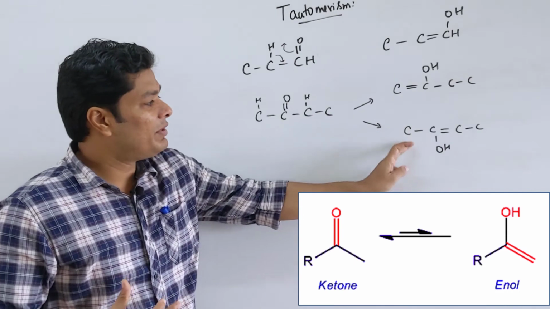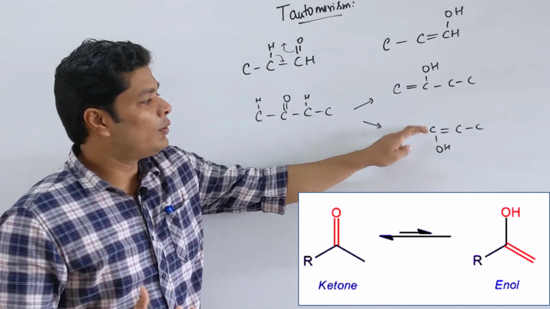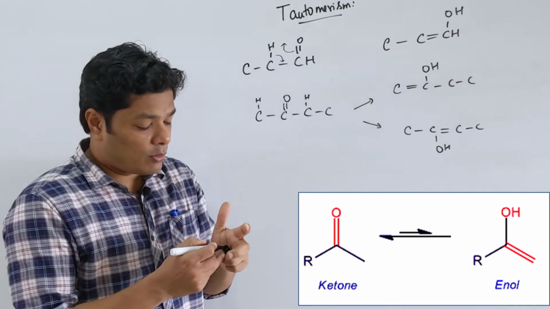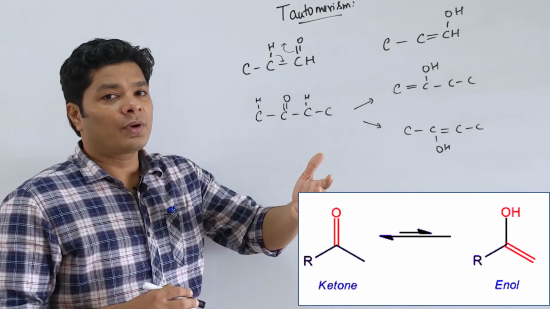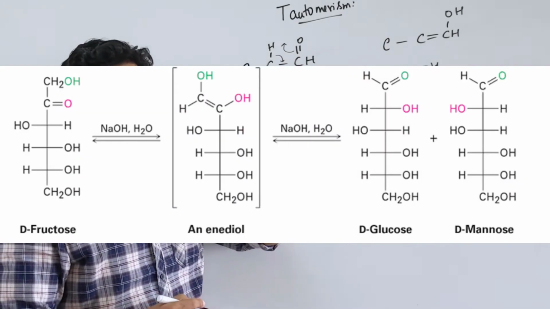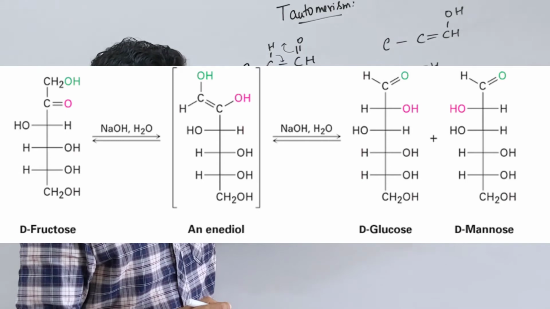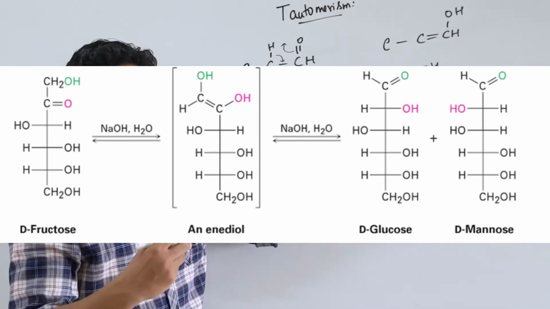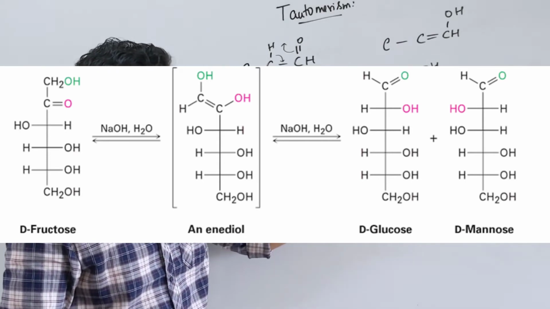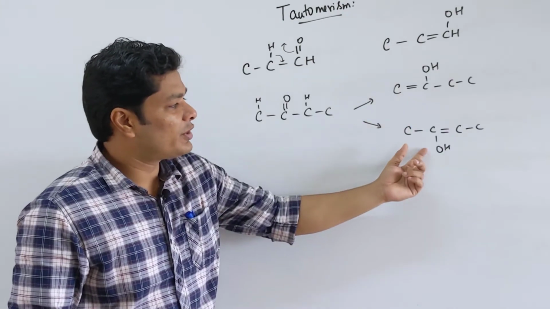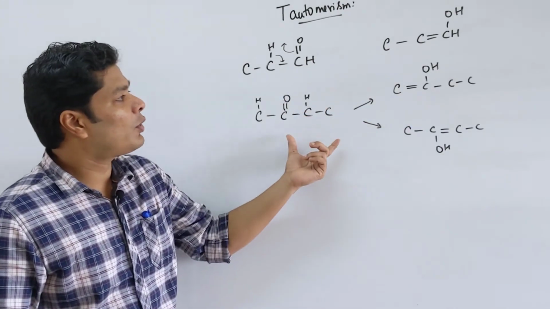But anyways, where have we seen this type of tautomerism that it can go both ways is in your biomolecules. You will see that fructose can actually tautomerize to give you 2 different molecules. Fructose, mannose, glucose tautomerization will actually involve this type of 2 different positions where the double bond can be present. So this is how tautomerism works out.